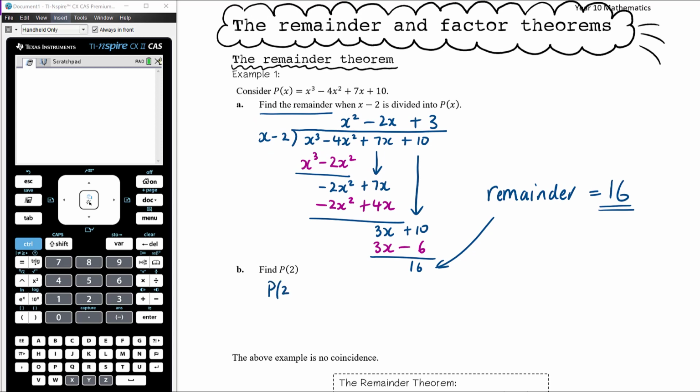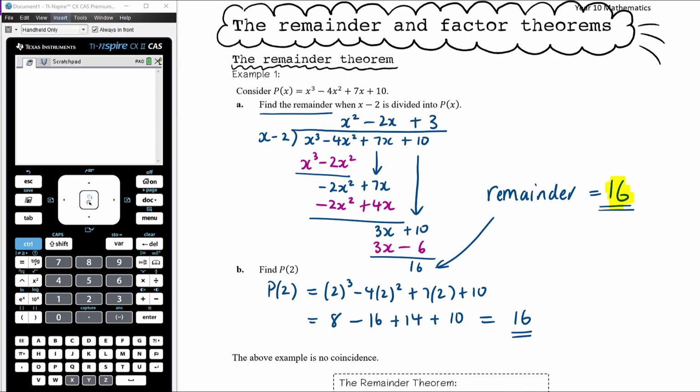So p of 2 is equal to 2 cubed minus 4 times 2 squared plus 7 times 2 plus 10. And that's 8 minus 16 plus 14 plus 10. So 8 minus 16 is negative 8, plus 14 is positive 6, and plus 10 is 16. Okay,